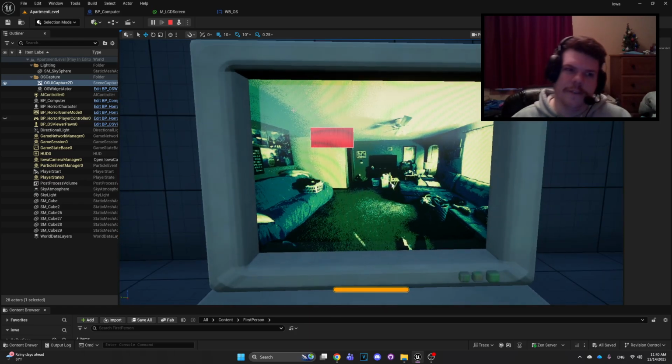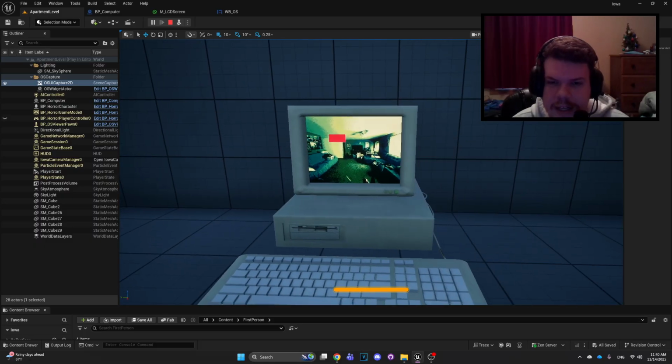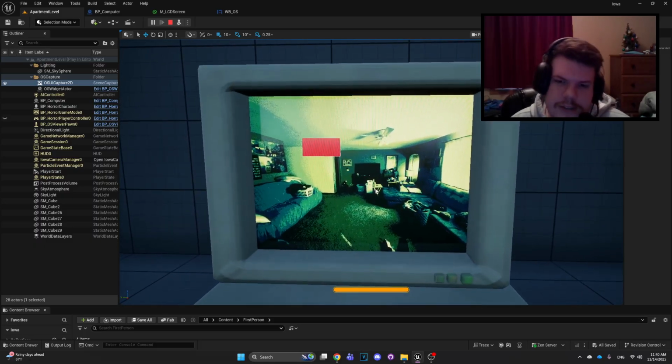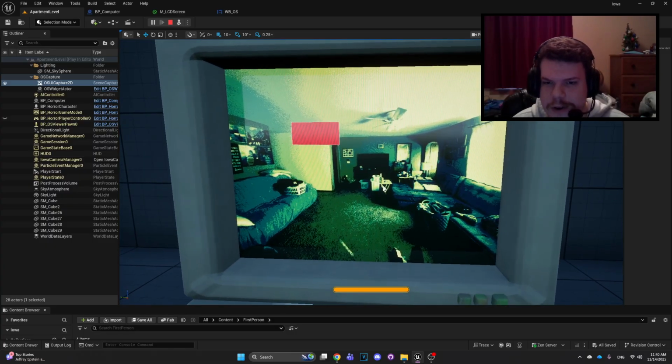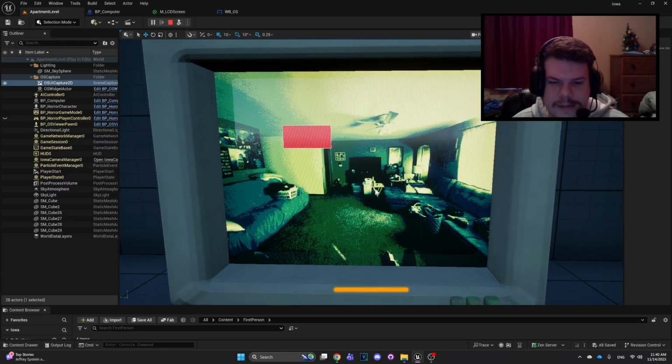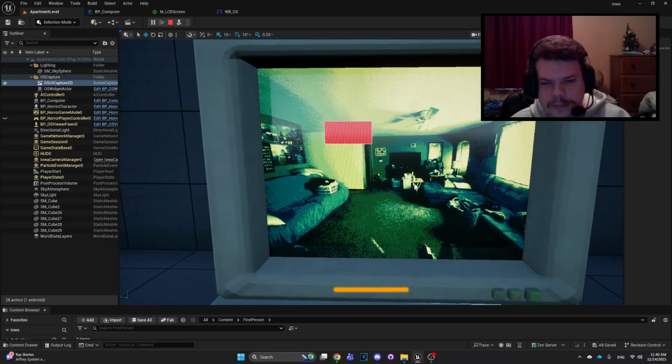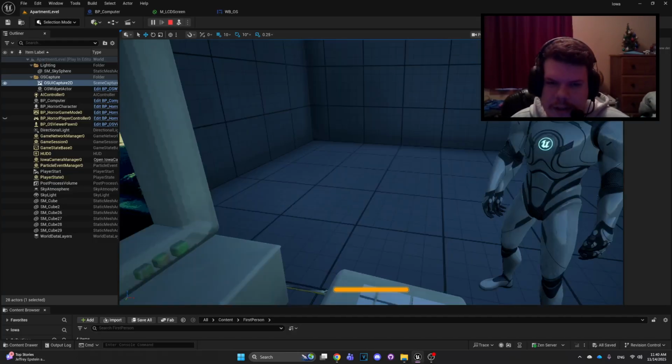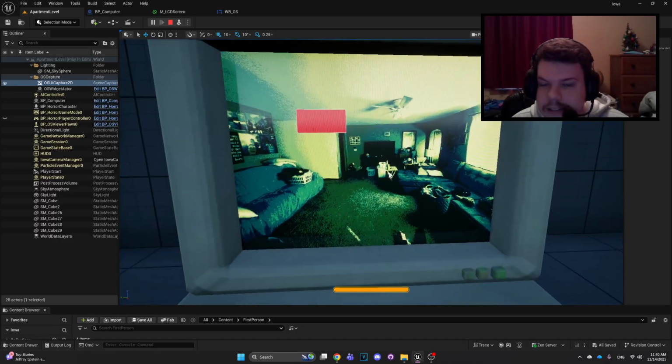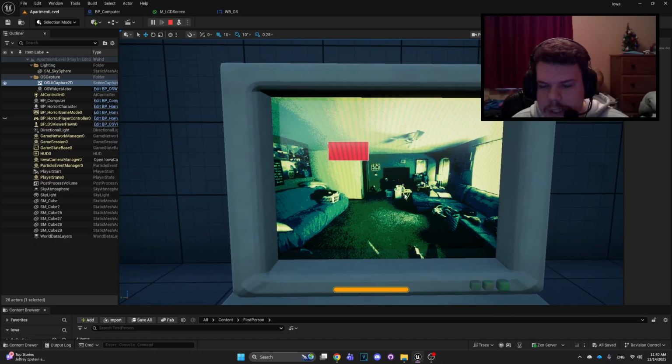I'm trying to figure out all that stuff before I get started on making any art, because I need to know what's going to be in the game before I start making the stuff that's going to be in the game. But yeah, I'm going to do more devlogs. I think what I'm going to work on next is probably